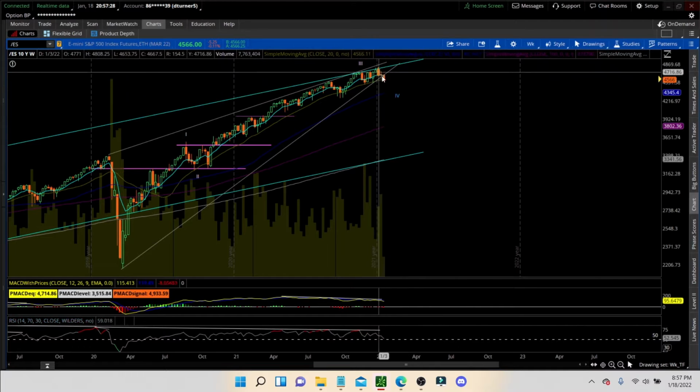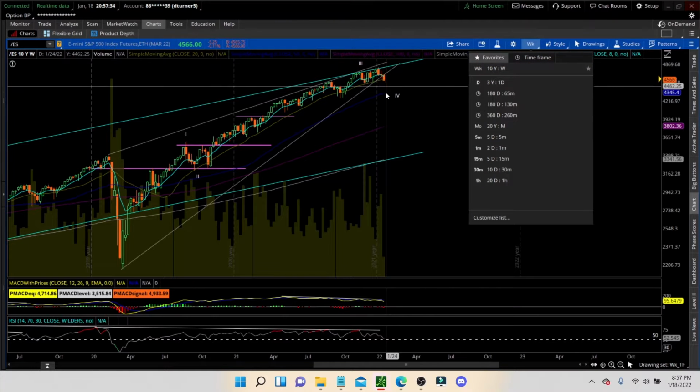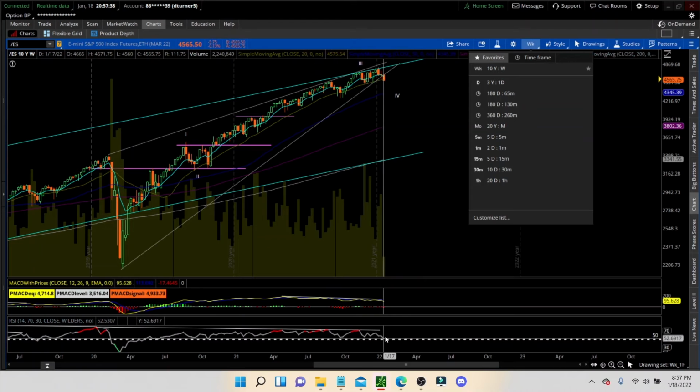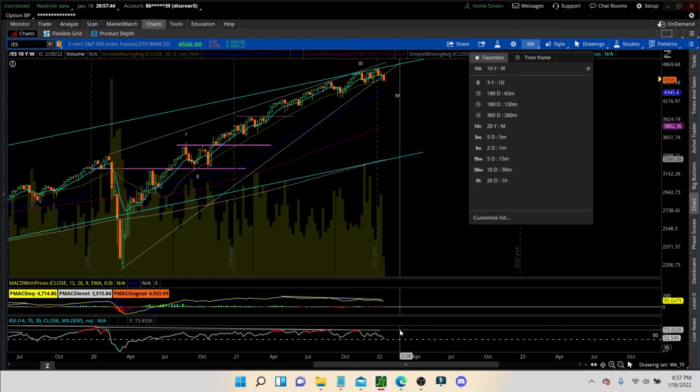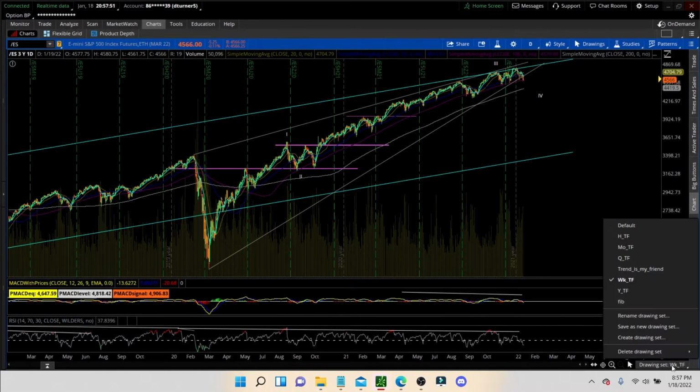I don't know how big this correction will be, but we do have some ideas, and we'll show you down on the lower channels. But we are still working our way down on the RSI and the MACD. We're at about the 50 level here on RSI, so possible for a bounce, but not really looking for much at this point. Going down to the daily.